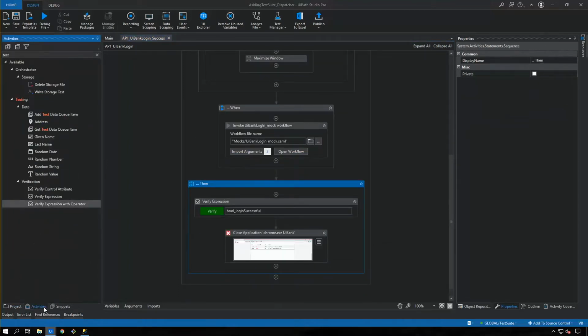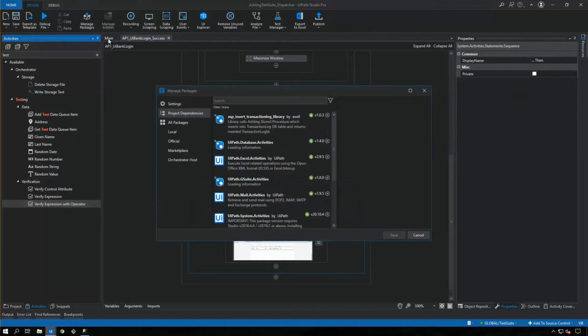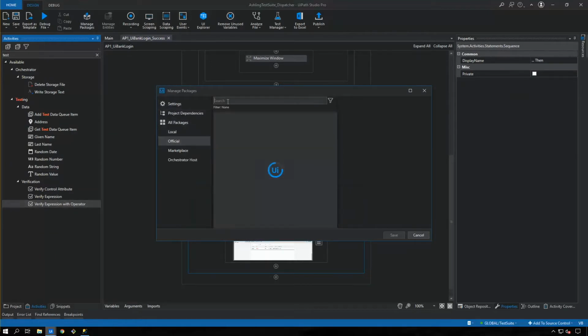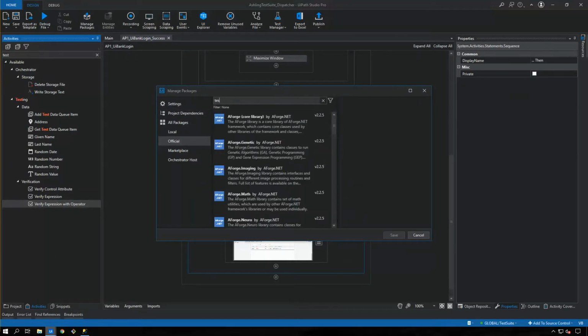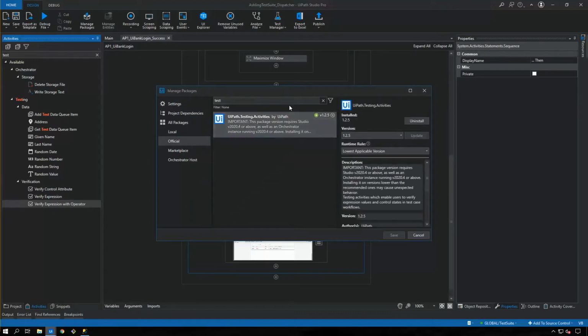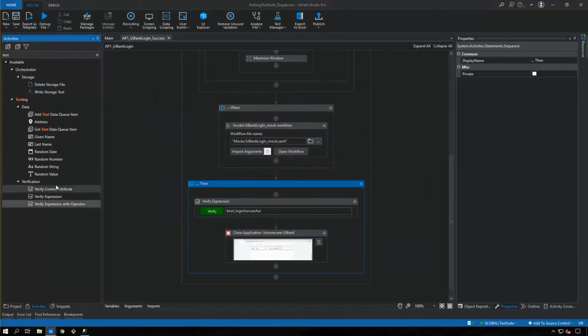The test activities pack, which you need to have in order to run what I'm about to show you, is available as a dependency, and with it come these activities. To verify the outputs of your test scenario, you might want a login to fail on purpose in order to pass the test case. You might want it to be actually successful, and you're going to want to play out